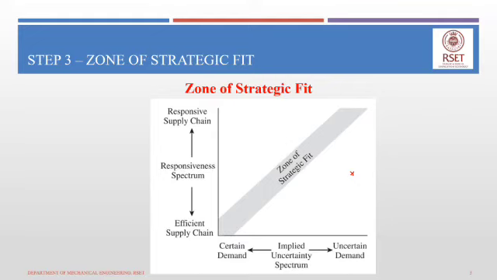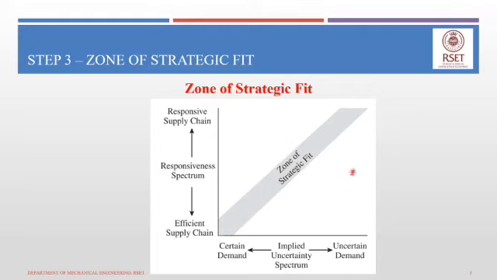So there is a basic range in which we achieve strategic fit, and that particular combination of implied uncertainty and responsiveness where strategic fit is achieved is called the zone of strategic fit. This is the area that is currently highlighted in gray. So here currently the firm is not operating in the zone of strategic fit. So the firm has to remodel, either